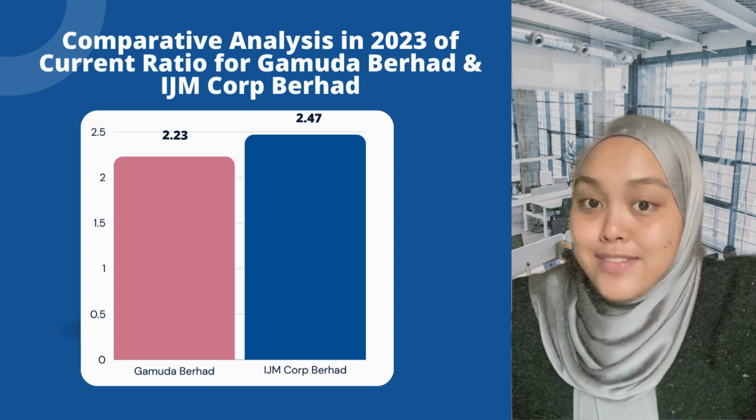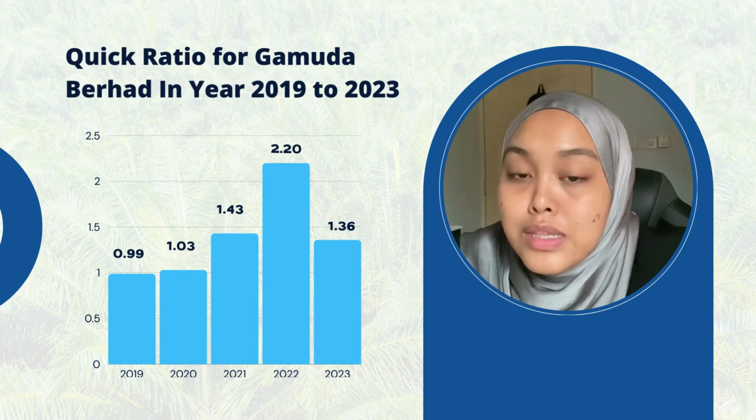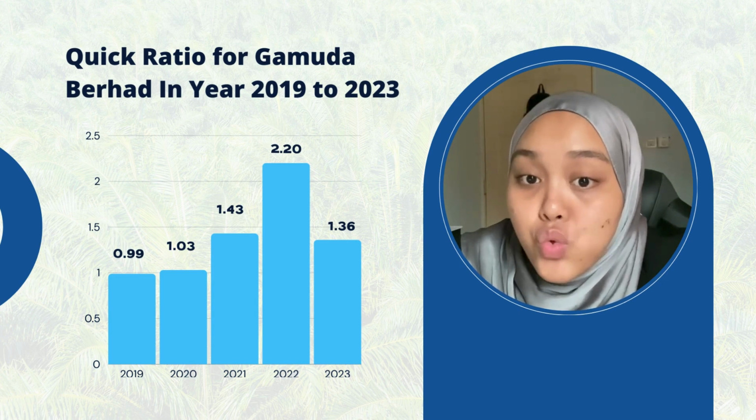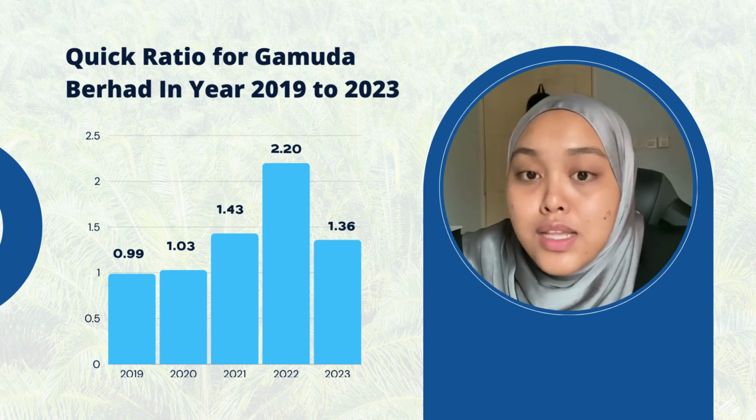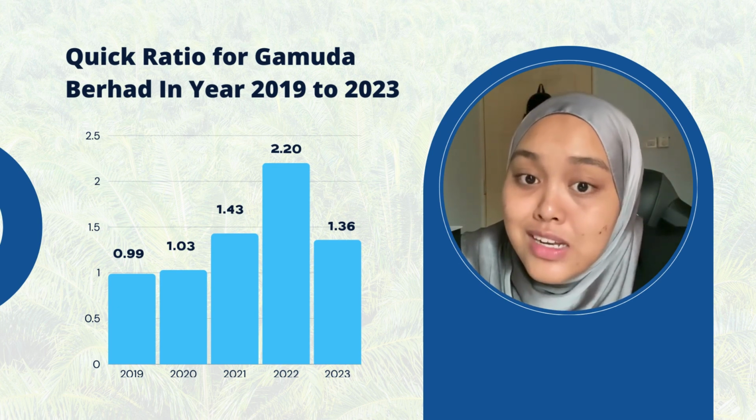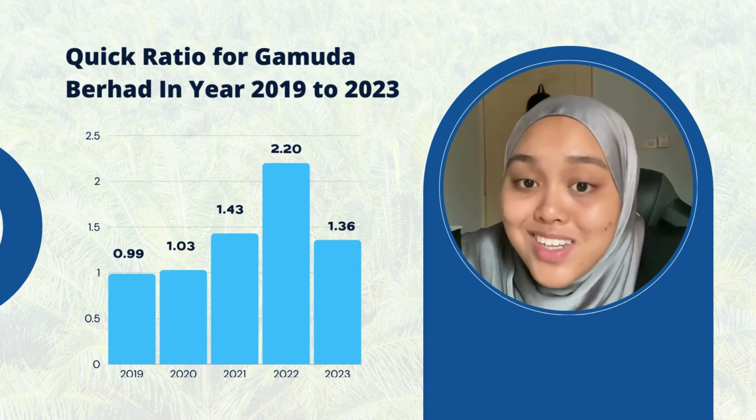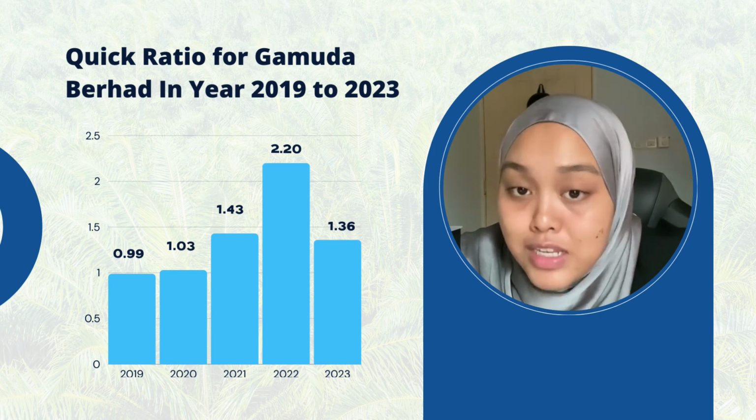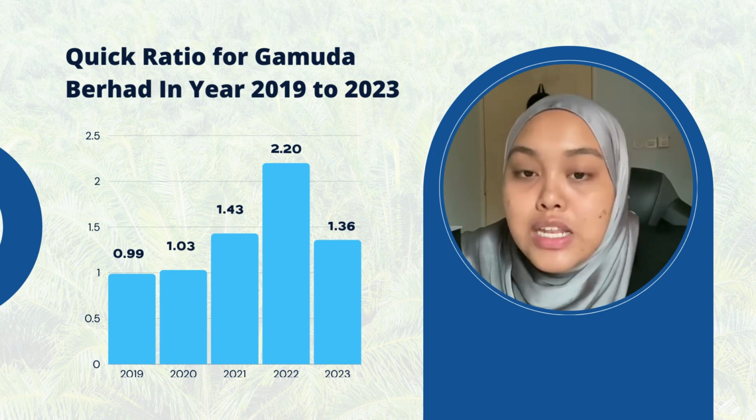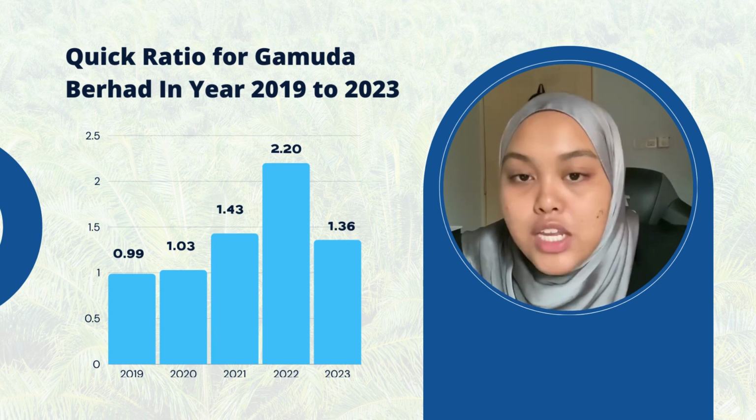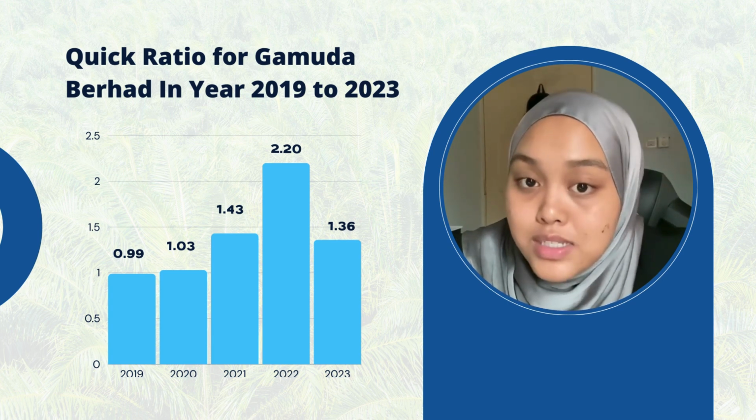Quick ratio for Gamuda Berhad from 2019 to 2023. Gamuda consistently improved from 2019 to 2022, reaching the highest at 2.20. In 2023, Gamuda slightly decreased to 1.36 but is still above 1 in liquidity position. So the company consistently improved from 2019 to 2022, and its ability to maintain in 2023 is a positive sign of